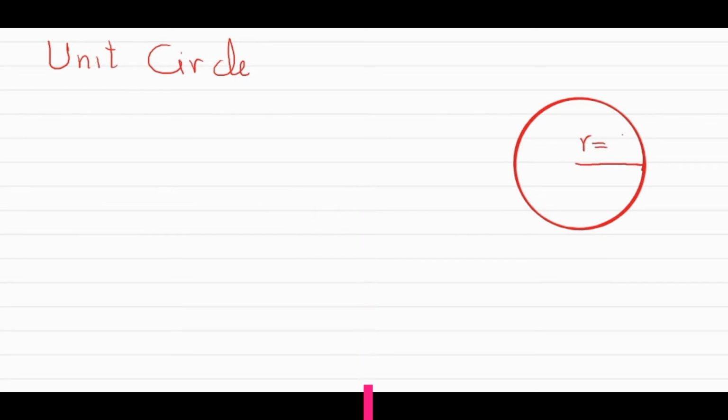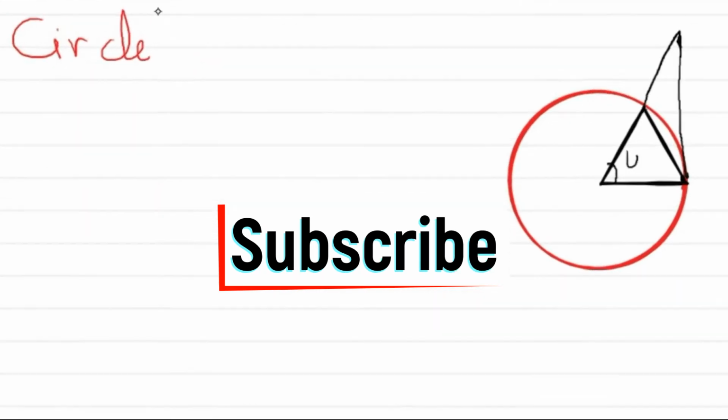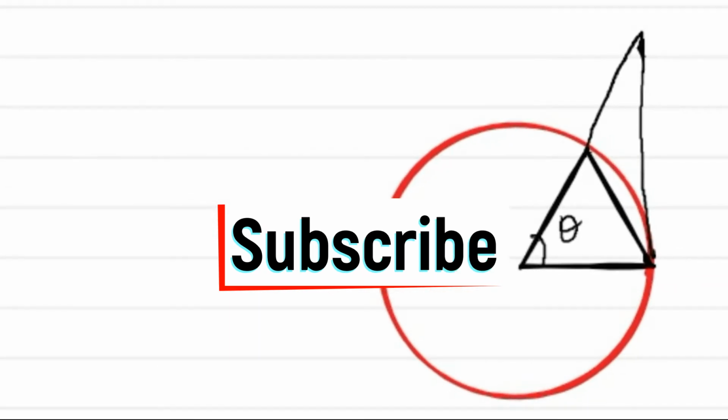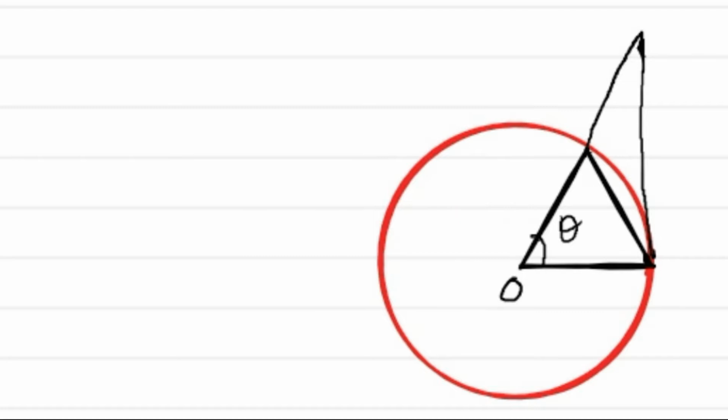In today's video, we shall discuss the unit circle. A unit circle is a circle with radius 1. Let us have two radii which cut the circumference to make a small triangle, and we further construct a larger one, which is a right angle triangle. We label the angle as theta. The origin is O, the smaller triangle is OAB, while the larger one is OBC.